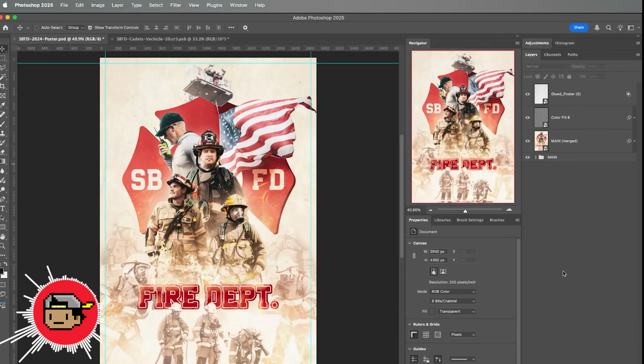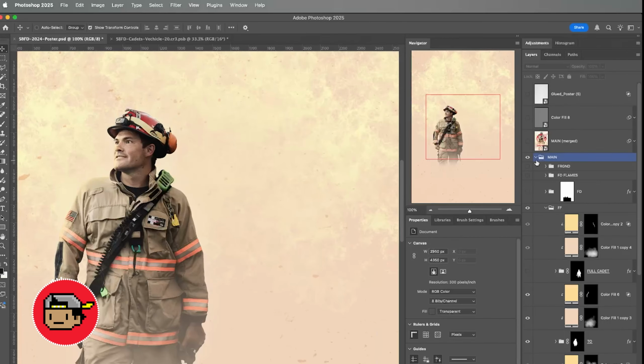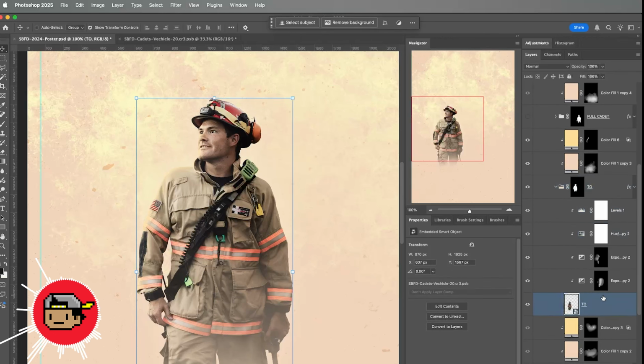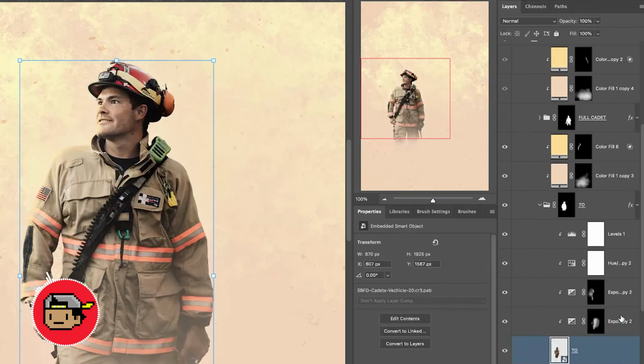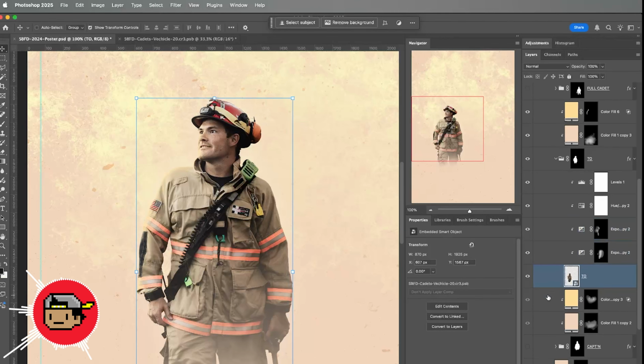So you can see here in the project, I have my main final image with the final looks applied. I'm going to turn all those off and jump in. I'm going to focus on this particular character within the poster and talk about how I'm using the various techniques on him. You can see this is also applied to the rest of the project within my layers panel here. So if I focus on him, the first thing I like to do is use smart objects,